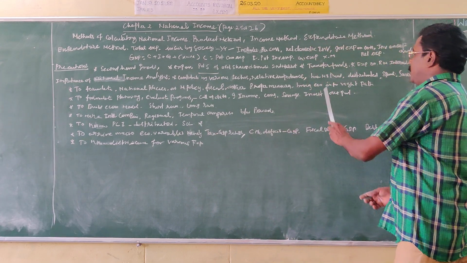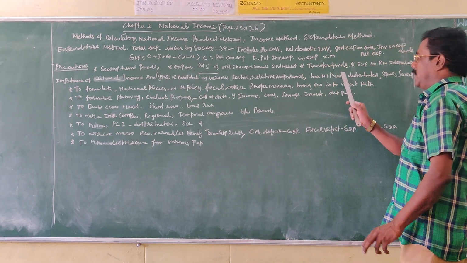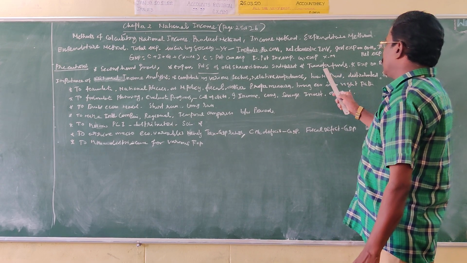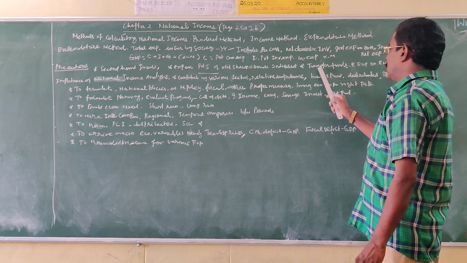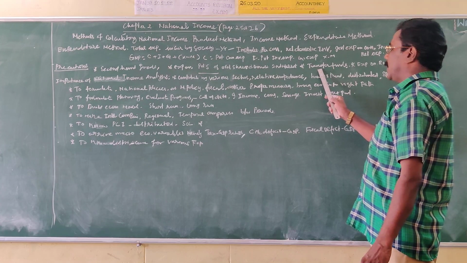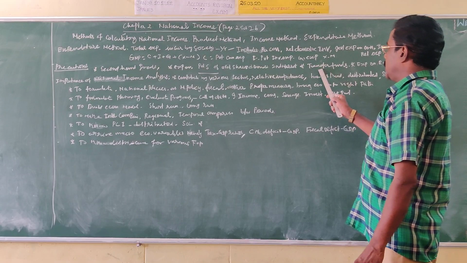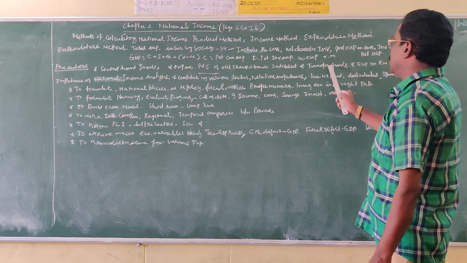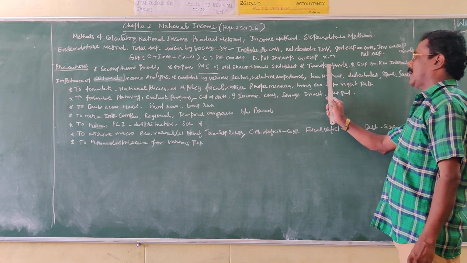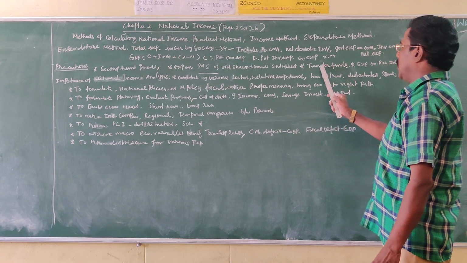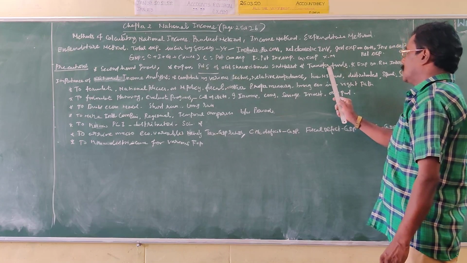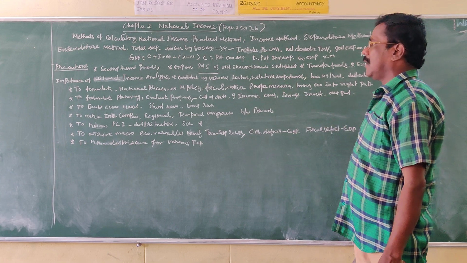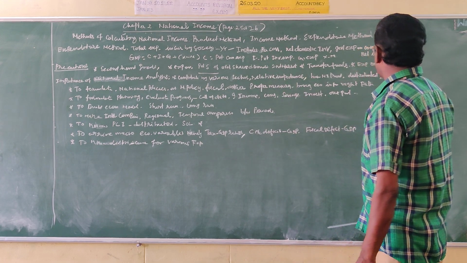Then transfer funds. Transfer funds should not be included in the calculation of national income because these expenditures are not confined to the particular period of time. Pensions, insurance security, and relief funds all take place over a period of time. So transfer funds are also not taken into account in the calculation of national income.